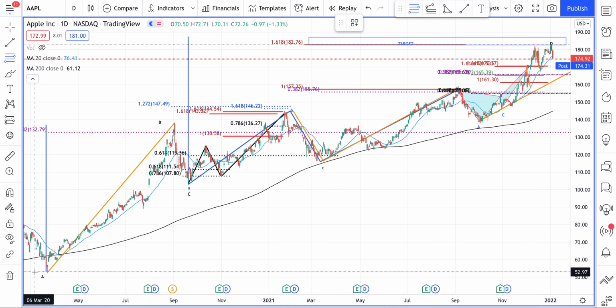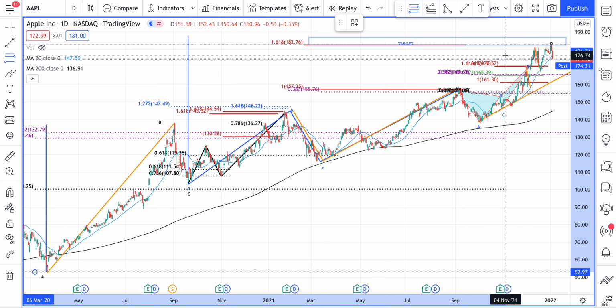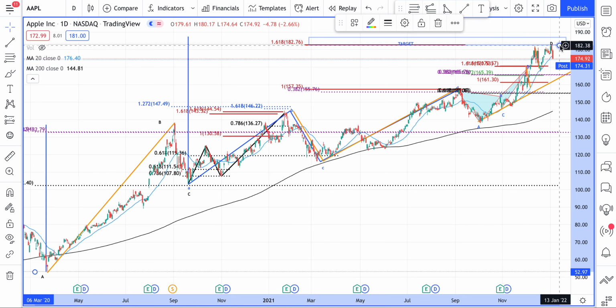draw a Fibonacci retracement, what we really see is we get a 38.2% retracement coming around $133 per share, and the 61.8% around $101 or $102 per share. So we'll have to watch how the support structure will behave if the price begins to rotate lower,